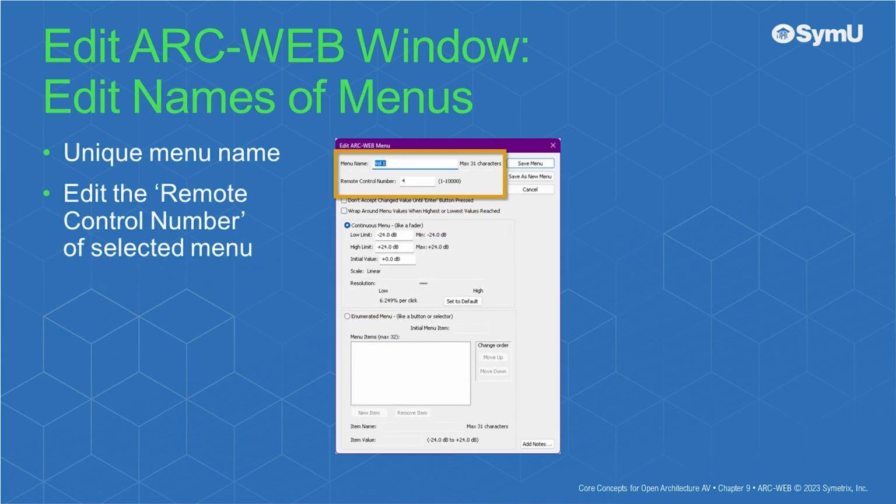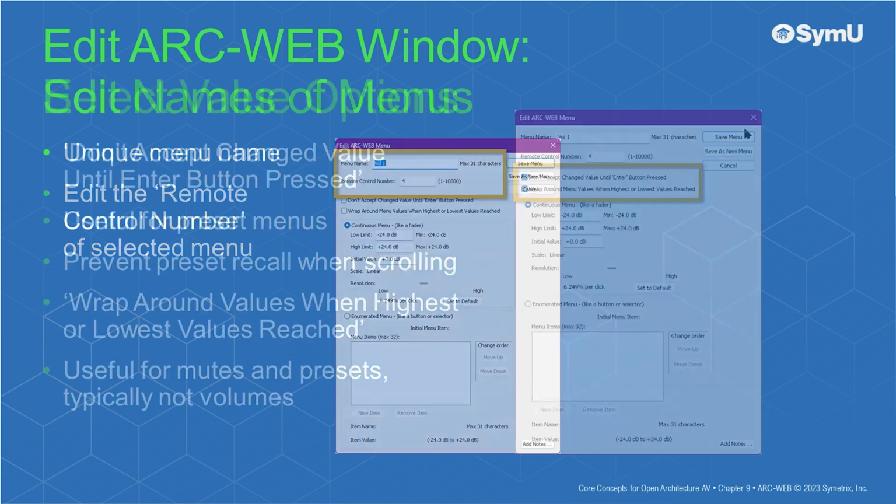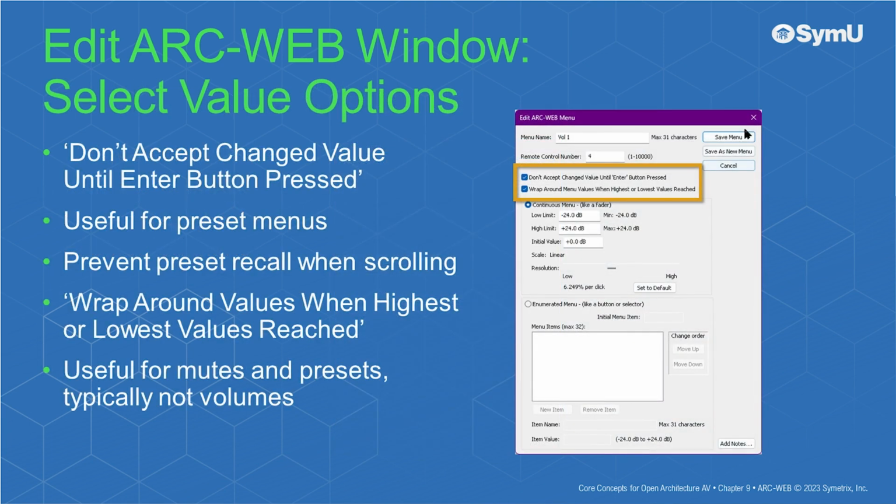The highlighted area of the Edit ArcWeb menu window contains the unique name of the menu. It is also used to edit the remote control number of the selected menu. The Don't Accept Changed Value Until Enter button pressed option is useful for preset menus to prevent recalling presets when scrolling through a list. The Wraparound Values when highest or lowest values reached is useful for mutes and presets, but